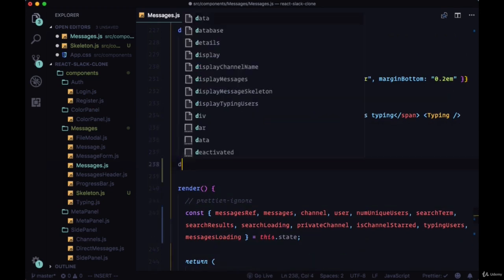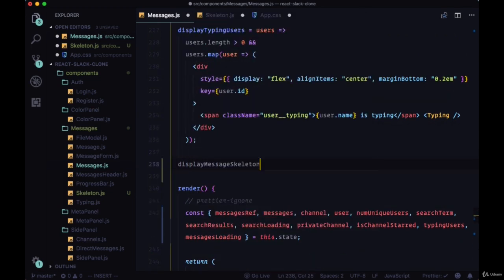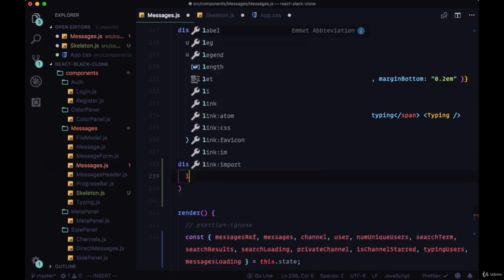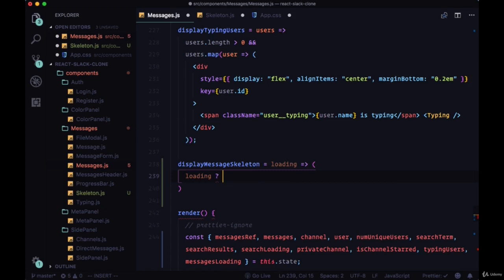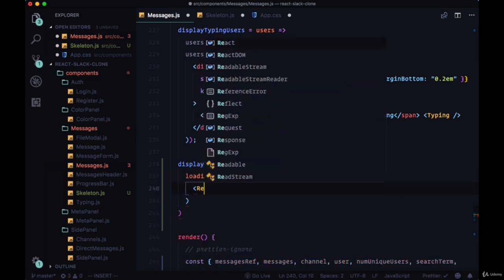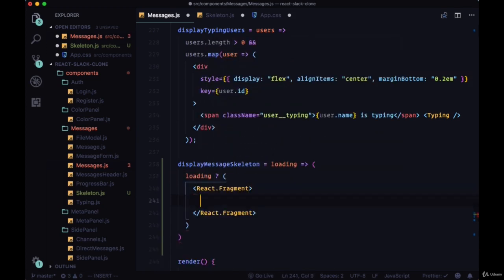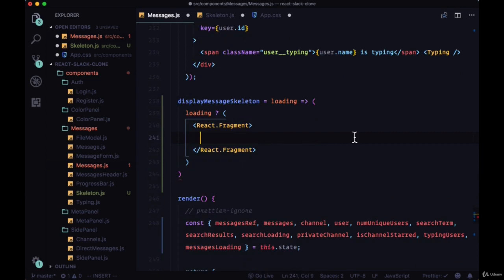So if messages loading is set to true, and we'll pass it to display messages skeleton as loading. If loading is true, we're going to display first a React fragment, and since the skeleton component represents one message being loaded, but we don't want to display just one skeleton but a number of them to fill up